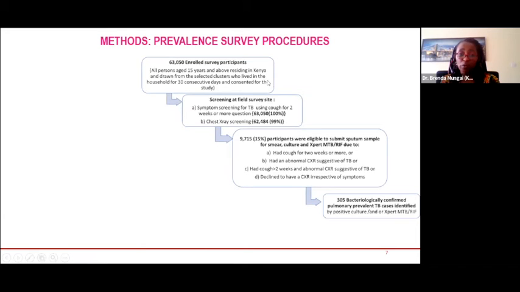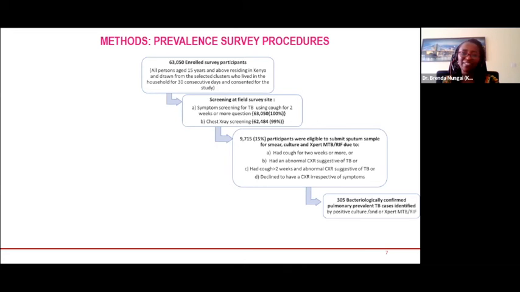So screening was done in two ways. One is that there was symptom screening for TB using cough for more than 2 weeks. So this is as per the recommendation by the Lime book by WHO on prevalence surveys for TB. And also, all patients were offered chest x-ray screening. So you can see symptom screening was 100%, chest x-ray was about 99% with some declining, but also, a few times when